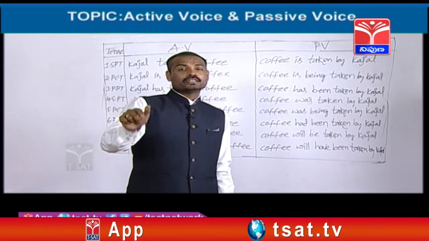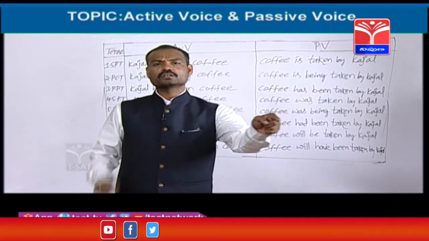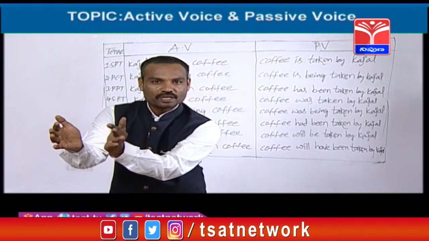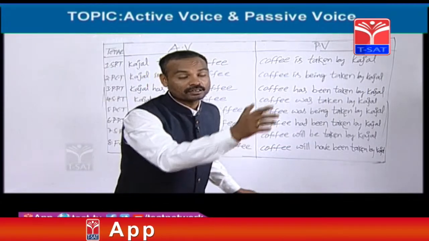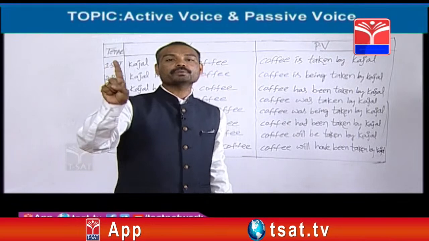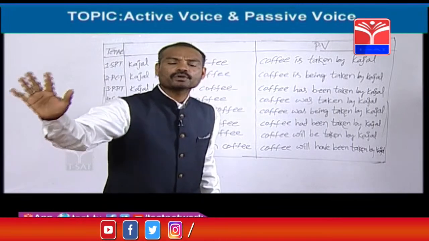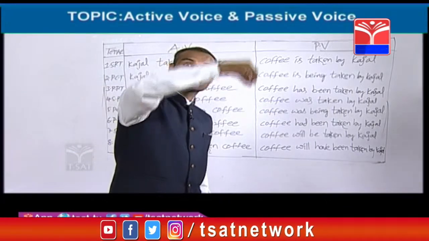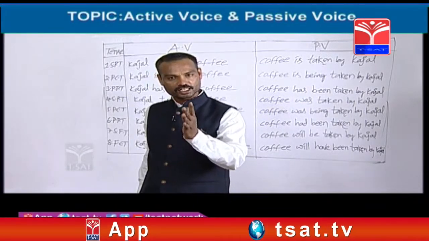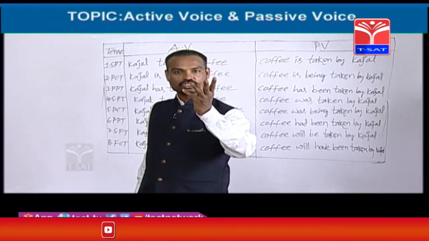Yes. In the previous example, Santosh had completed PhD. PhD, singular object. PhD had been completed. Now in this sentence, Prabhakar had broken some cell phones. Some cell phones plural, no? Some cell phones had been broken by Prabhakar. See, whether it is a singular object or plural object. For example, Prabhakar had broken one cell phone. A cell phone had been broken by Prabhakar. Or Prabhakar had broken 1000 cell phones. 1000 cell phones had been broken by Prabhakar. What is there, friends? In past perfect tense, you cannot find out any changes, whether the active voice contains a singular object or plural object.